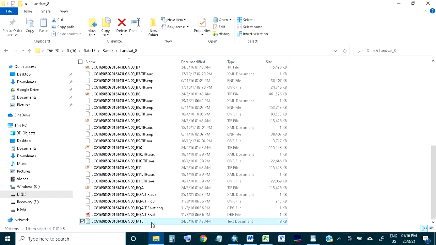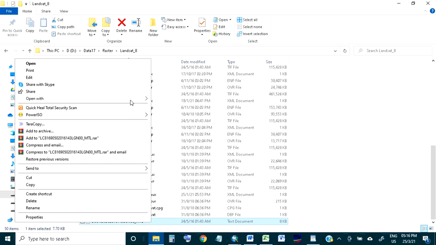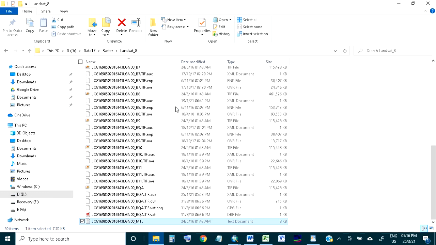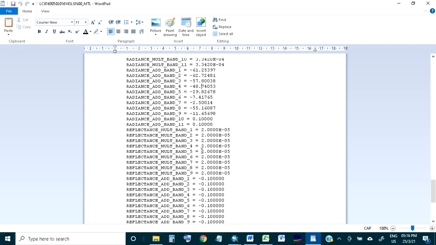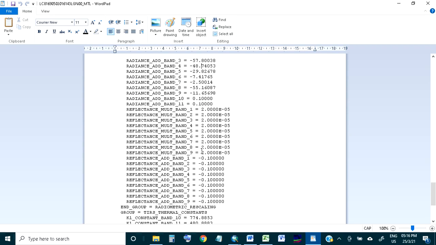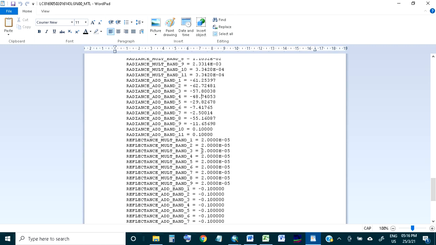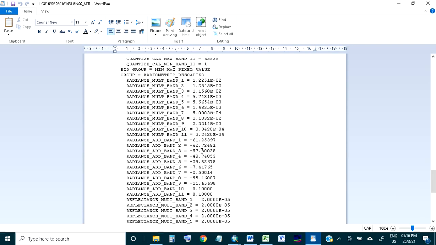You right click and open with. You will find there are two options, but I suggest you open with WordPad, not with Notepad. The text will be systematically arranged like this, and to know the additive factor, you will go to the group